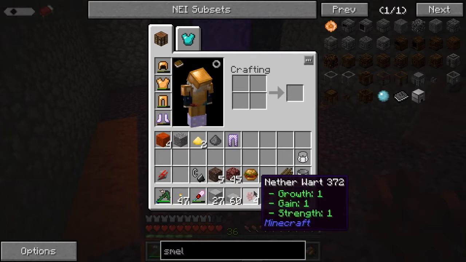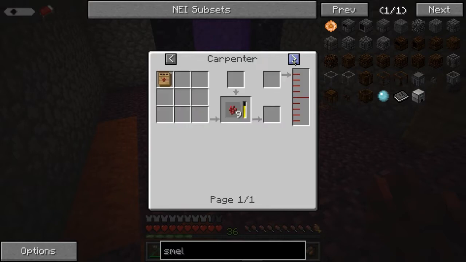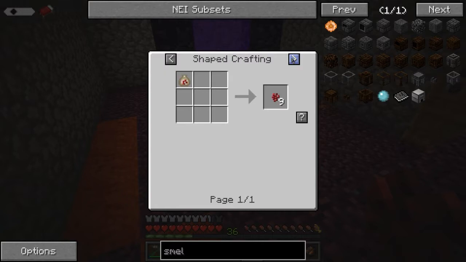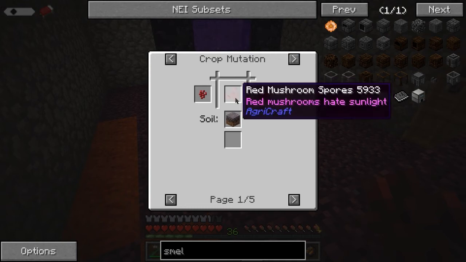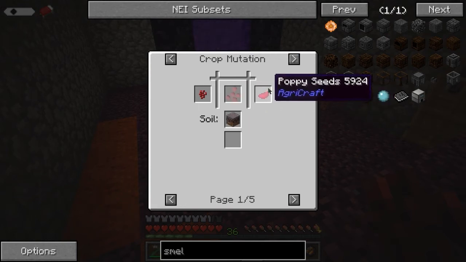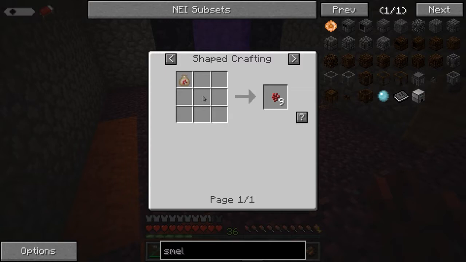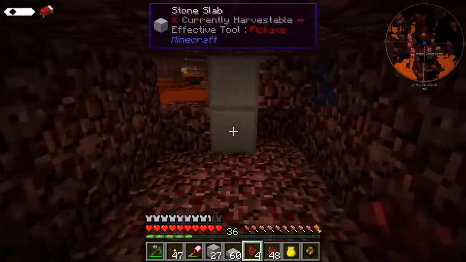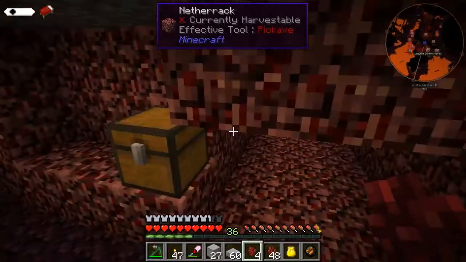AgriCraft. Now, when I look at the nether wart, I don't have anything to tell me what it needs to grow on in the overworld. And I don't even know whether it will grow in the overworld. If I look at what I can use it for, I can get various seeds if I'm growing things on the right things. But I can't find a recipe that will actually give me nether wart through here. So,